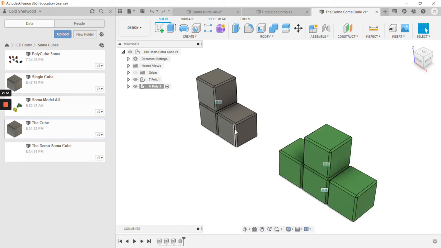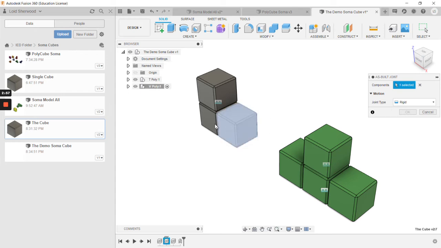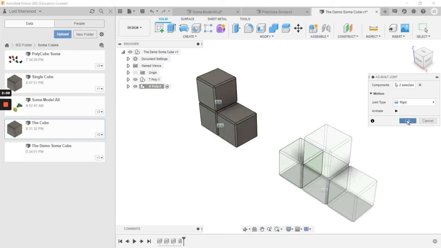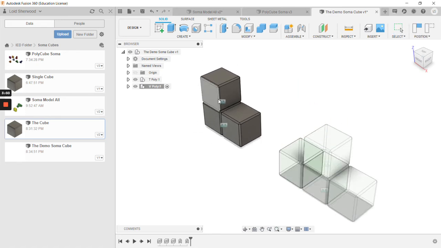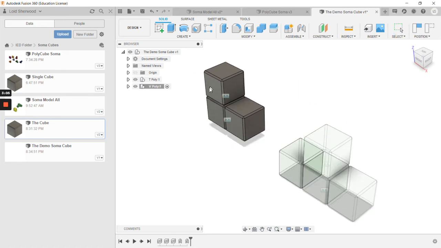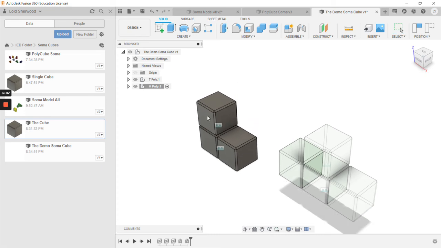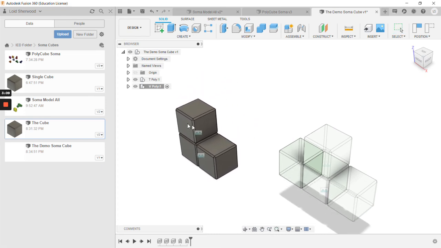and join them together. That was a little weird. It seems to do things different. And now I'm going to click on this one and that one and click OK. And now they all move together, which is fine for right now. The only thing that's moving over here is the shadow, and we can actually turn that shadow off